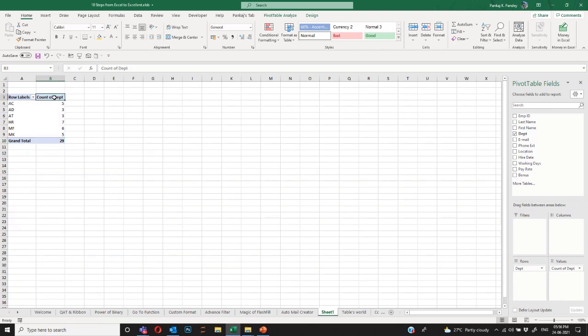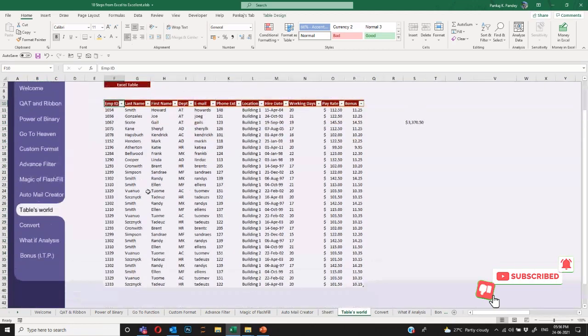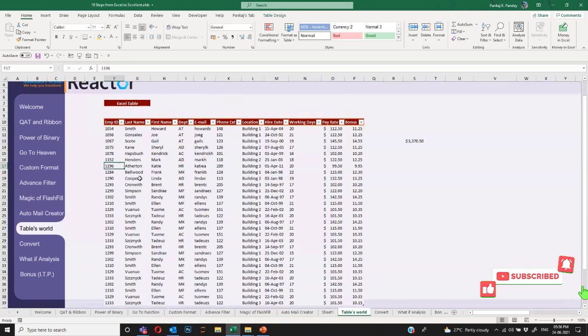So I never have to worry about the range of my data, and I never have to select the entire column. It will work with the minimum columns, whatever the data is. It will work till only that. So it will always keep your file size minimum and your file faster.